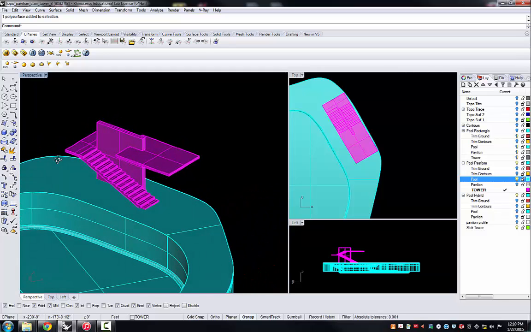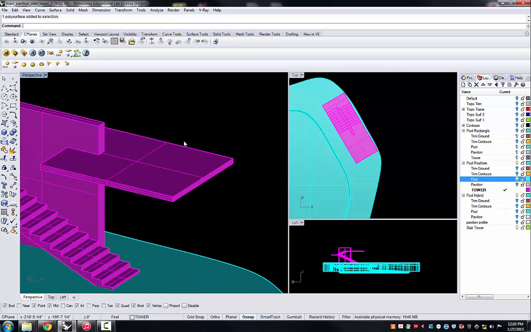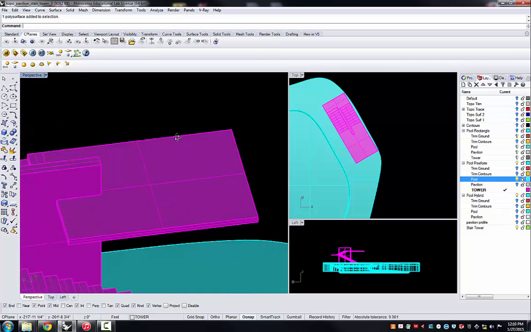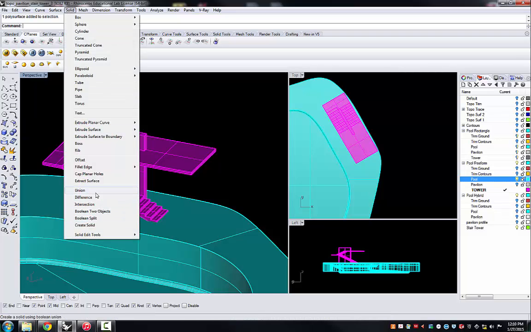So now I want to take the diving platform of this pool and I want it to be able to extend out to actually put a person over the pool when they're going to use it for diving. So I'll zoom in here and I want to use some solid edit tools. And I've got a tool that's going to be very useful, which is the solid pull down, solid edit tools,